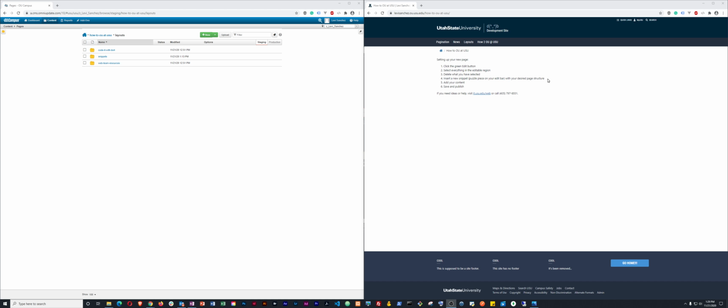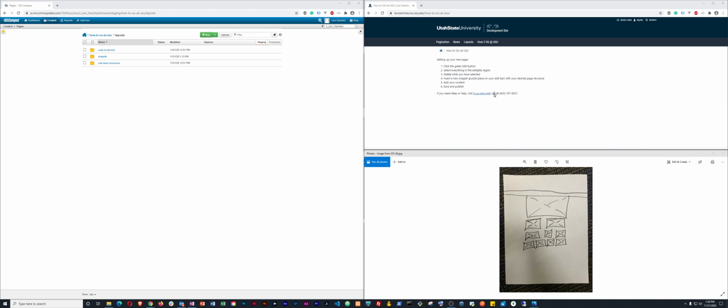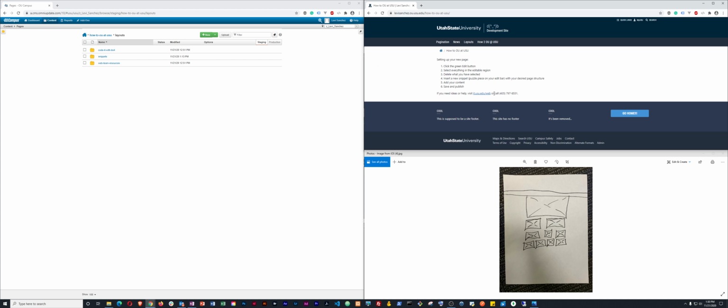In today's video, we will be going over how to create a pyramid layout using the resources that are available to us from USU's web team's website. The layout we're making is a pyramid layout. We'll have a single column followed by a double column, followed by a three column, followed by four columns, and then we'll look at how to make that using the resources available to us from Central IT's